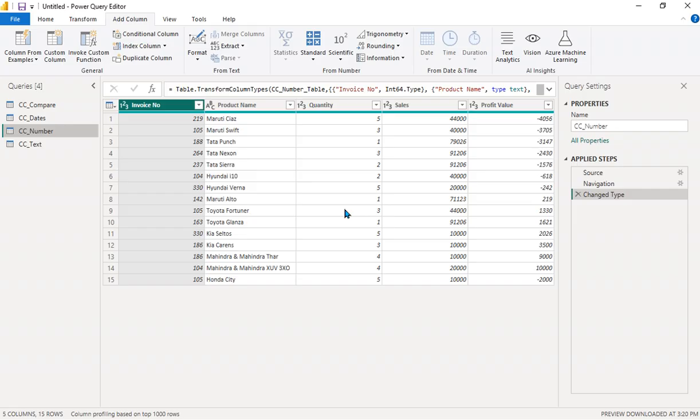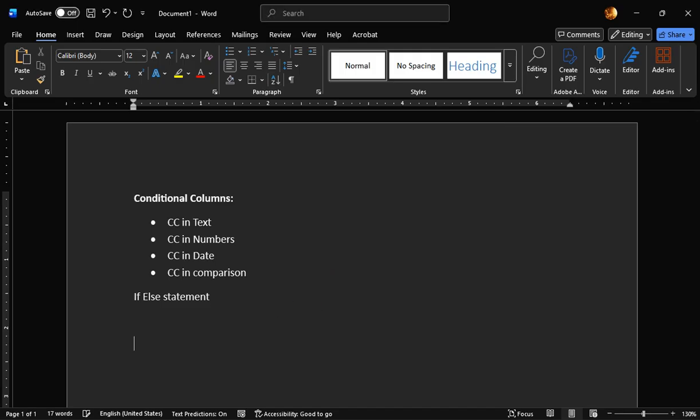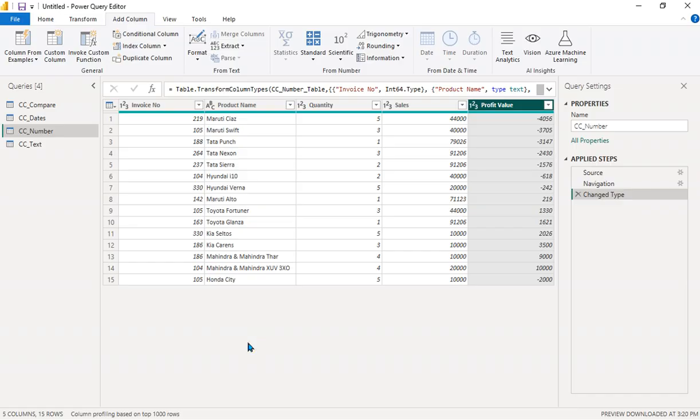We know that in case of profit, the number goes up, it means plus, and in case of loss, the number goes down, it means minus. So I'll write, for profit I will look for plus, for loss I will look for minus. These two signs I need to focus on. So I just need to go to the profit value, and I need to go to the conditional